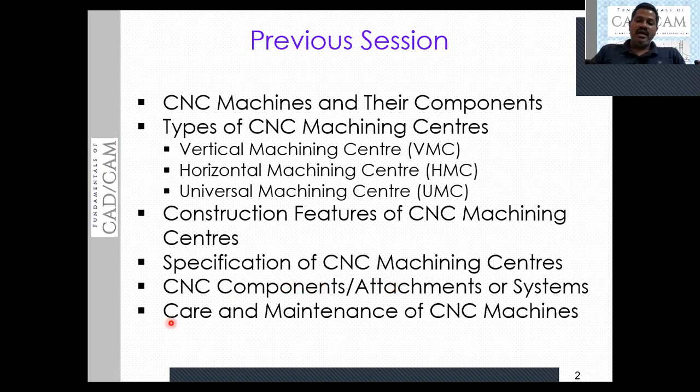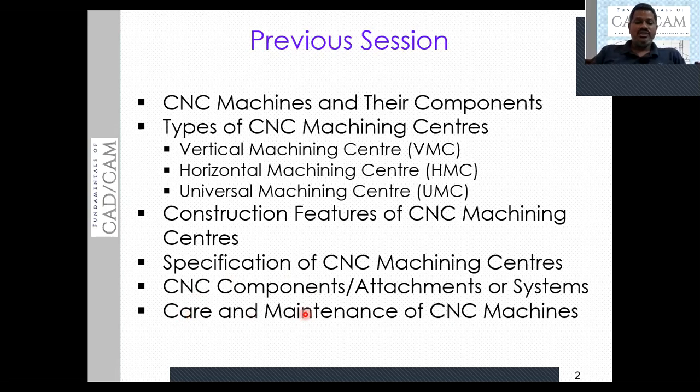Then care and maintenance of the CNC machine we also saw, what the maintenance parameters and factors are, and what care we need to take while operating the machine. We need to check pressure regularly. If a CNC machine is using a hydraulic drive, we need to regularly check the pressure parameters of the hydraulic system.